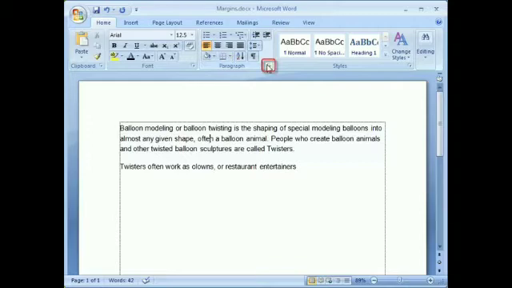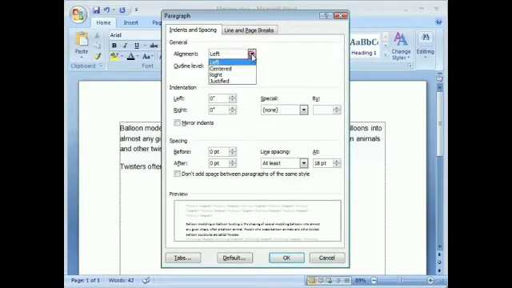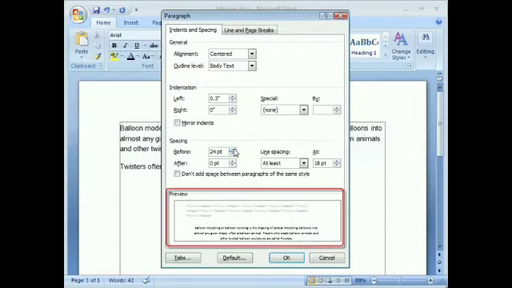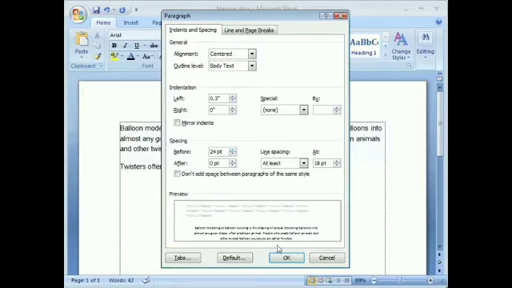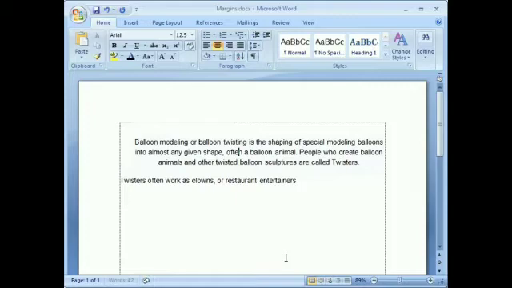Alignment means the direction of the text in the document. Next go to the indentation option, then you can choose, and in spacing, you can set the space between the lines of your text, and after selecting all these, click on OK. Now see the text on your page.